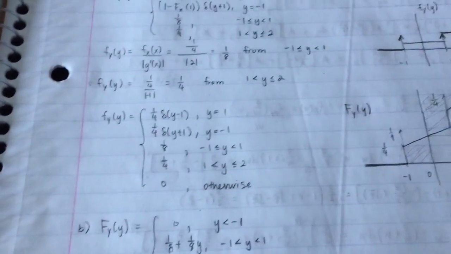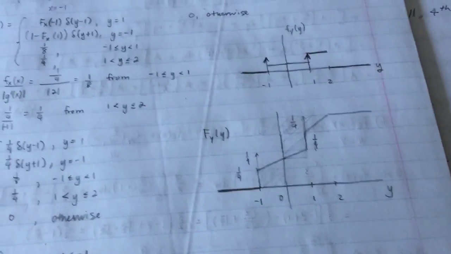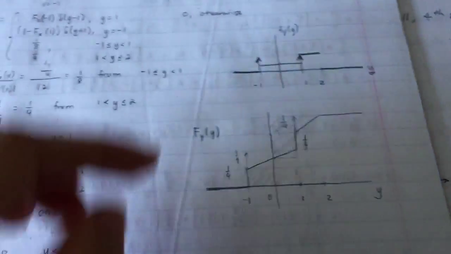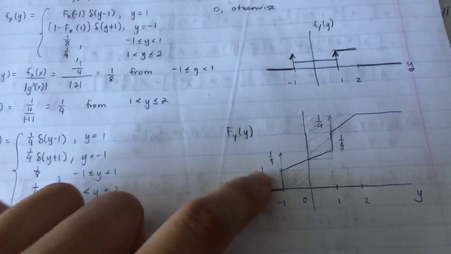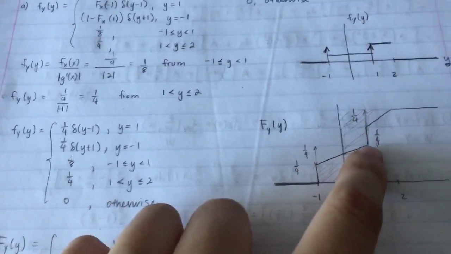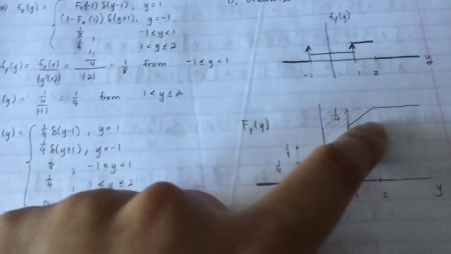So to find the big F of y, you can draw it from this graph here. You just draw height of 1/4, slope of 1/8, and height of 1/4, and slope of 1/4. And